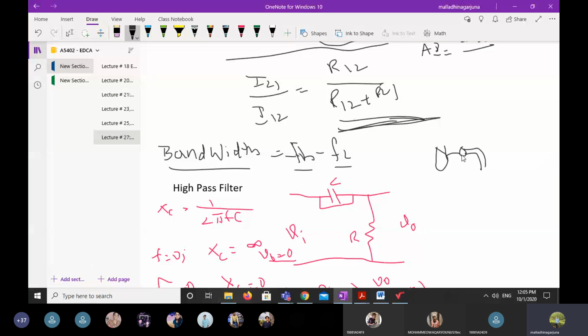But if the speaker is speaking very slowly, that voice cannot reach the mic, and therefore the amplifier cannot amplify the signal. So what is the minimum voice he has to speak? That is the lower cutoff frequency, the minimum frequency. He has to speak at least at that minimum. If he speaks below that minimum frequency, the voice cannot reach your mic, therefore the amplifier cannot amplify the signal. That is the minimum frequency.